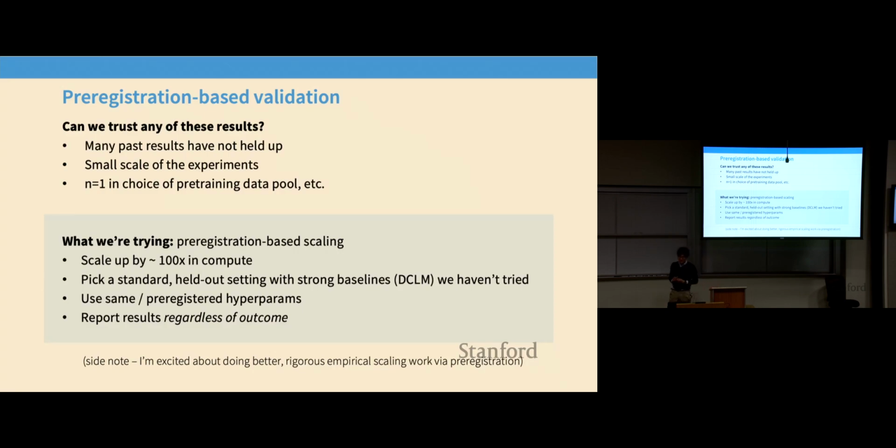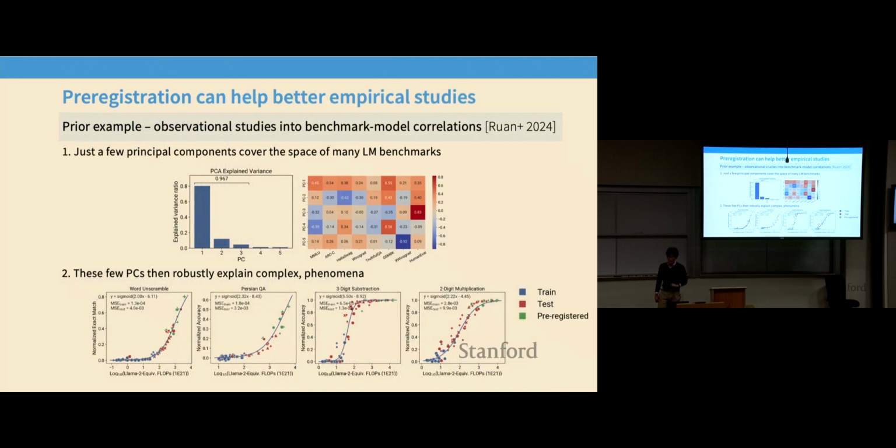It's n equals 1. And so I'm trying a variety of different things, but one thing I'm excited about trying recently is to think about pre-registration, which, if you've been in a psych class or a social sciences class, has been a really popular approach. You basically declare on the internet or publicly, I'm going to run this experiment, before you run it, and then you commit to releasing the results no matter what. And so we're actually in the process of doing this now for this class of algorithms, where we're scaling up about 100 times in compute, and we've pre-registered the experiment we're going to run, so we don't really have the ability to fudge the results, right? We have to run the experiments we said, and then we have to report the results regardless of outcome.